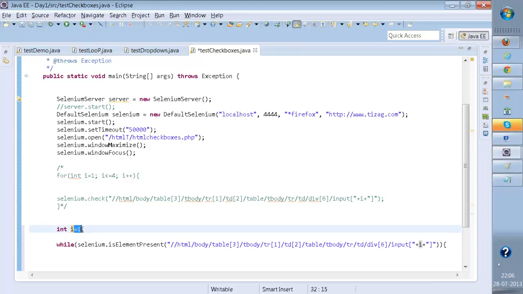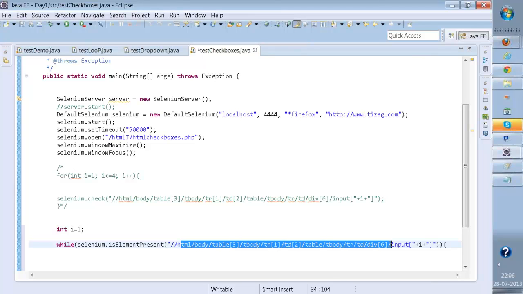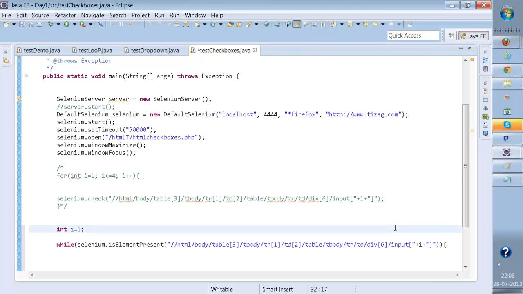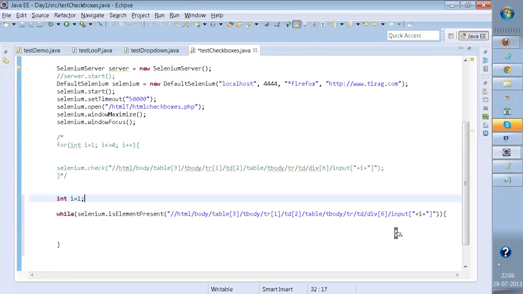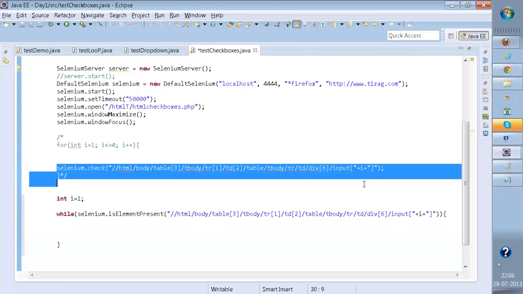The value of I will be 1, right? This is the value of I that will be assigned to this I, right? The very first time the value of I will be 1. So when we say Selenium dot is element present, the first value, is it present? Yes, it is present. It will return true, and it will go inside the loop, and we'll say Selenium dot